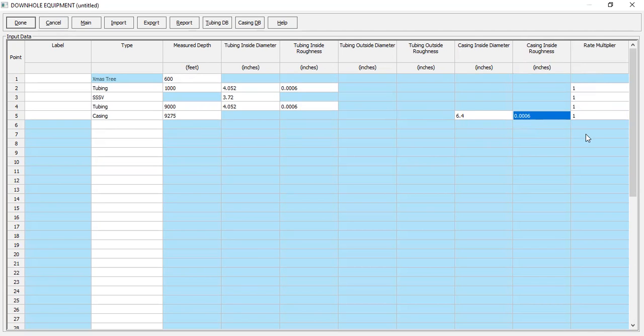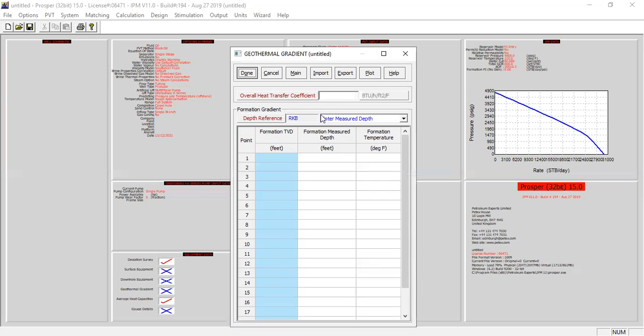All right, so far so good. Click done. Lastly, we need to input the geothermal gradient with overall heat transfer coefficient of 8.6. You can follow me. At 0 formation measured depth, the formation temperature is 60 degrees Fahrenheit. At 600, it is 40 degrees Fahrenheit. And at reservoir depth, the temperature is, of course, as inputted already, 210 degrees Fahrenheit. You can click plot,